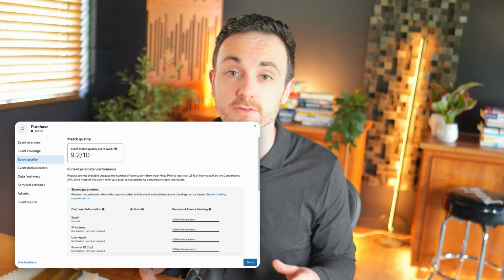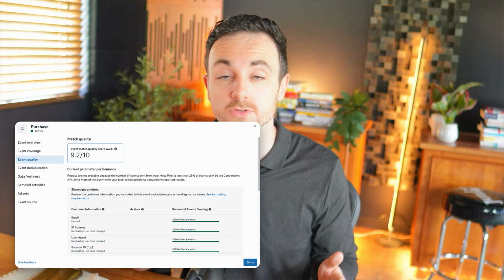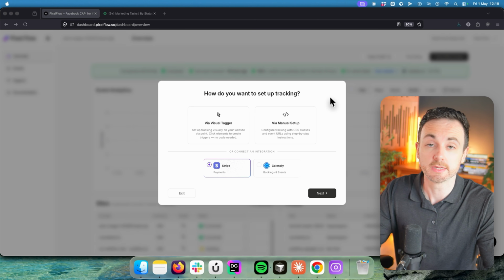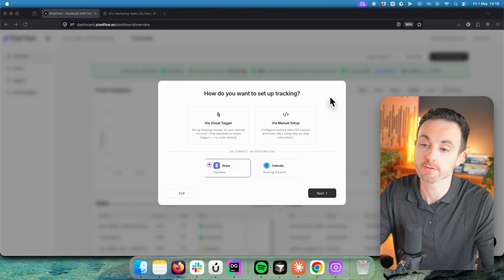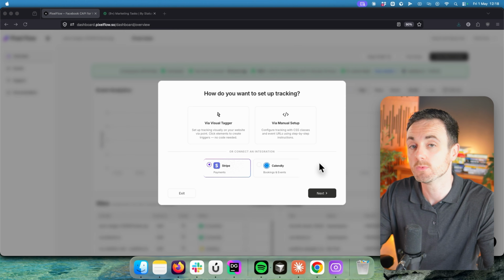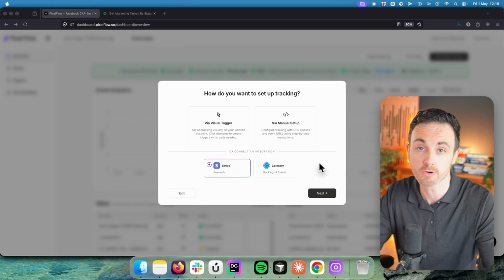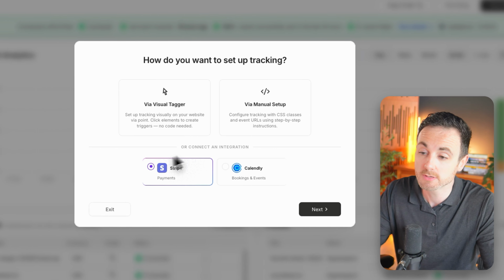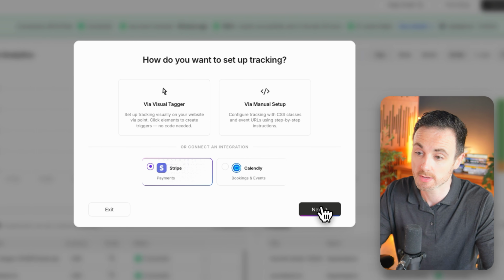This is going to maximize your event match quality score for purchase events in Meta for all of your Stripe purchases. So to get set up, you'll need to connect your Stripe account to your PixelFlow account. PixelFlow helps you set up server-side events to Meta using the Conversions API without the need for Google Tag Manager or using a developer. So once you're set up with PixelFlow, if you click on Stripe and click on Next,